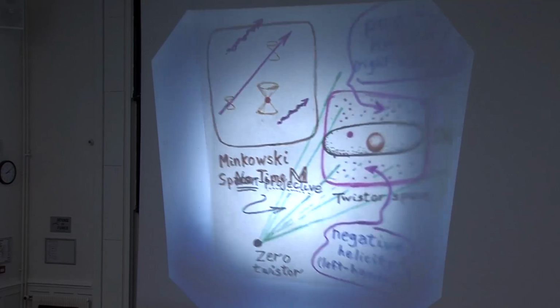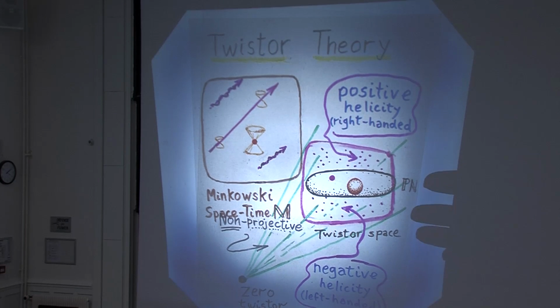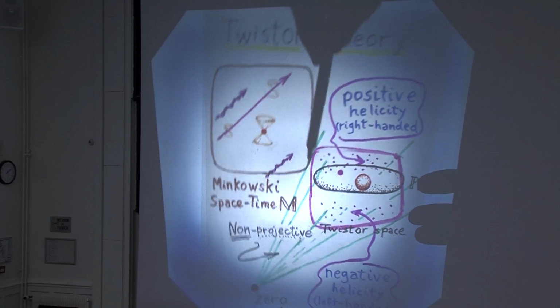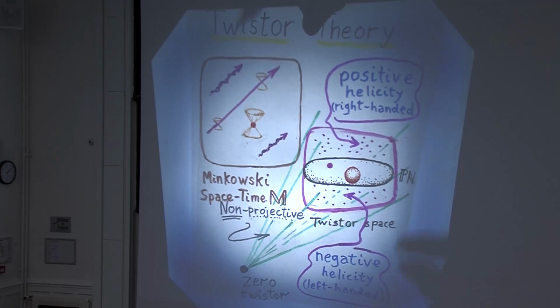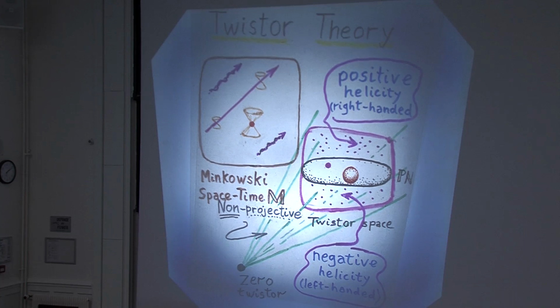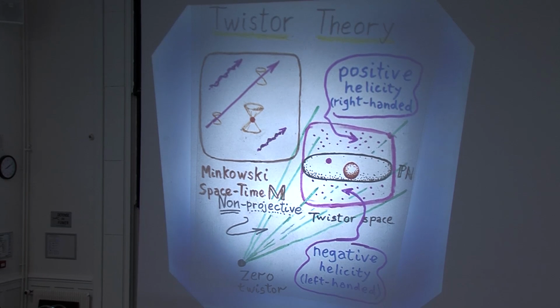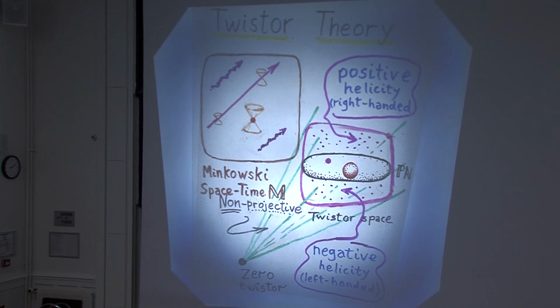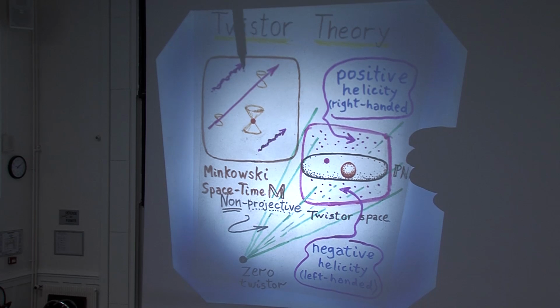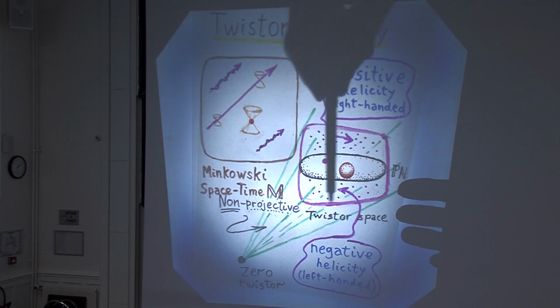Now, I've indicated schematically here the twistors with right-handed and left-handed spin, because it turns out rather magically that this entire space, not just the space in the middle, the entire twistor space represents the physical massless particle, which incorporates, when we put it non-projective, both the energy momentum of the particle, but also the angular momentum of that particle. And it very neatly describes the entire space. So you get right-handed and left-handed photons, if you like, spinning. I'm still talking classically there. When I say a photon, I mean a classical massless particle, and I'll say more explicitly what that is, represented now by the entire space here,